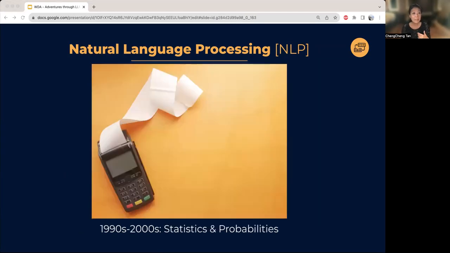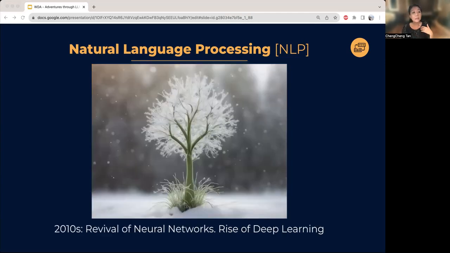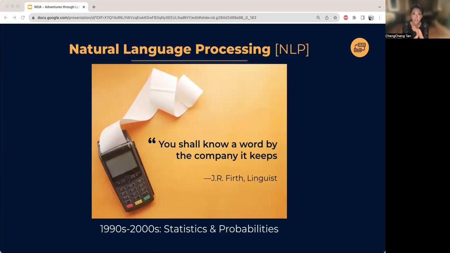The results were mediocre. Then came statistics. How does that work? You shall know a word by the company it keeps. So this simple idea was profound. If you start counting words and look at what other words are around it, you learn tons about the language. Those relationships make up the language model.